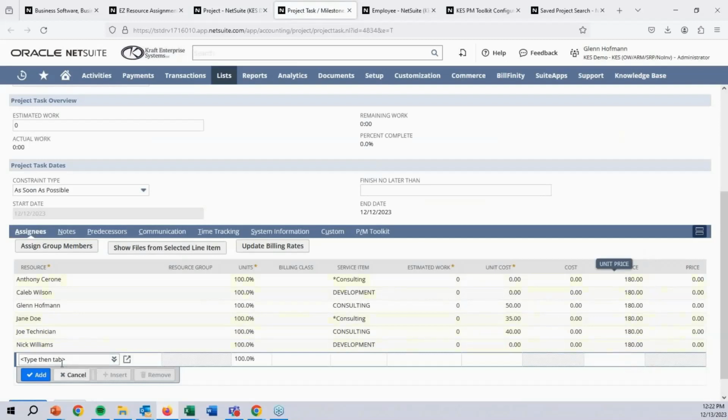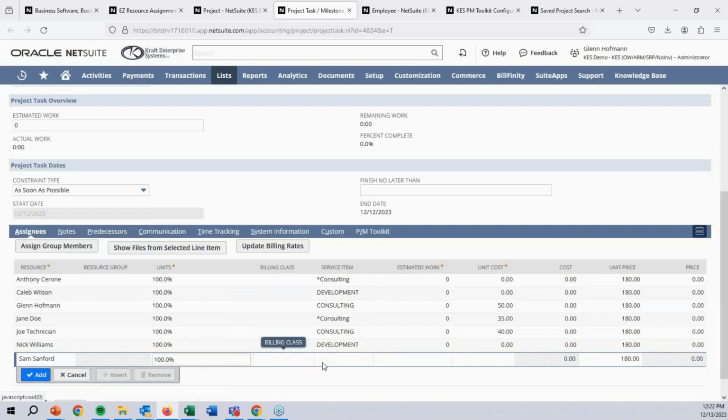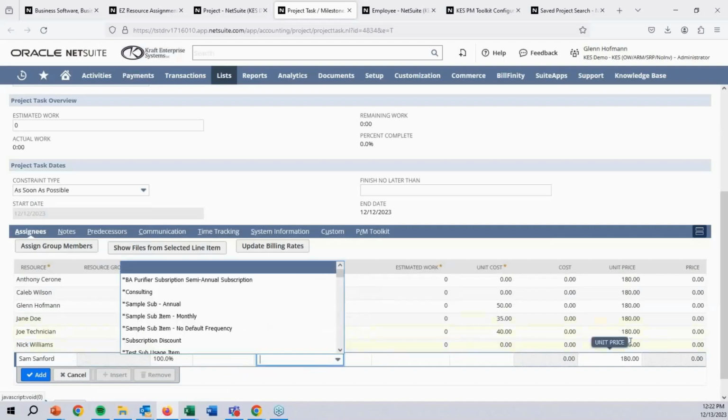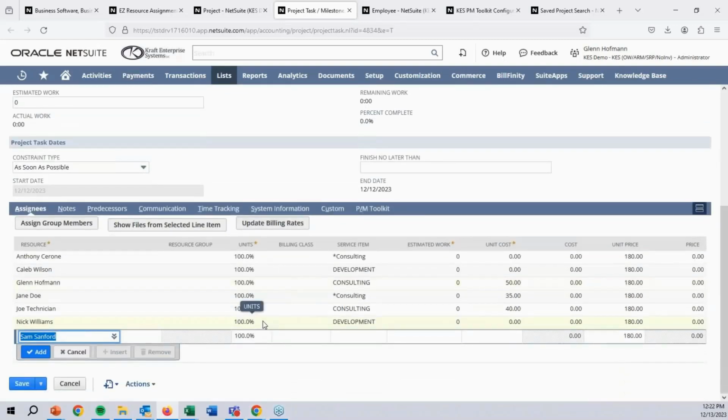I will also add that if you add a new resource manually as well, we will go ahead and take advantage of those rates and automatically populate that for you as well. So we try to make this super easy for you. So if I come over here, you can see that I've added that price, that rate in automatically based on that project billing rate. All right, so again, trying to make it super easy for you to add new resources